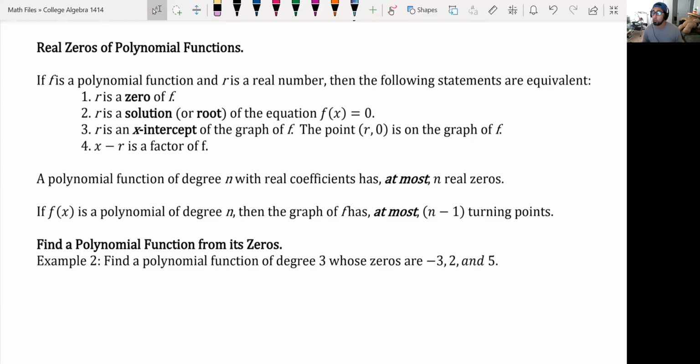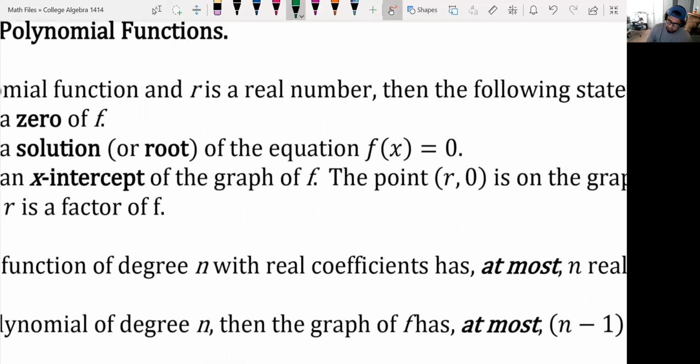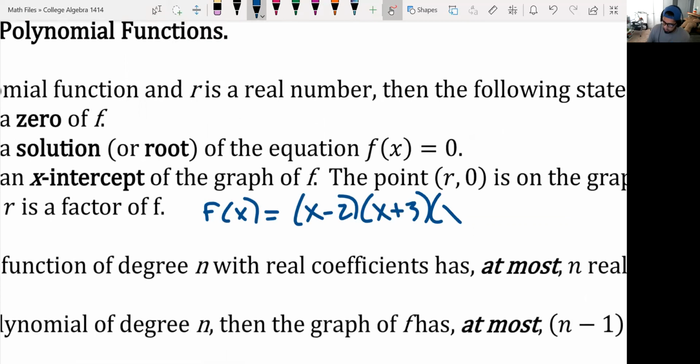That's it. A zero, a root, and an x-intercept are the same thing. They are solutions to the function, and they also make the function 0. The reason they make the function 0 is because when you plug in an x-intercept, a root, or a zero, they make the function 0, right? So let's see if I can draw an example up real fast. Let's say I had f of x equaled (x minus 2)(x plus 3)(x minus 1). If I told you to find the zeros or the roots, it would be the same thing as finding an x-intercept. So you would set this equal to 0,